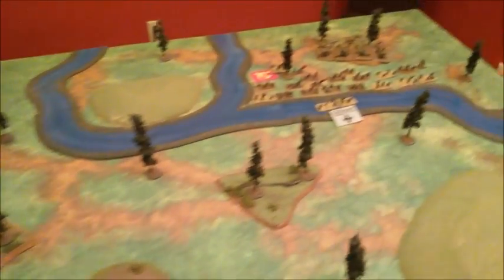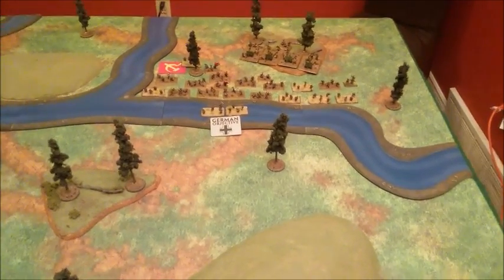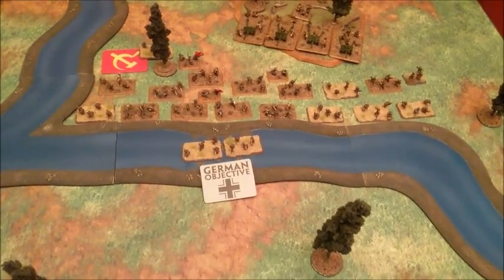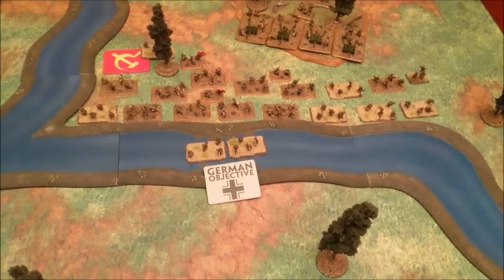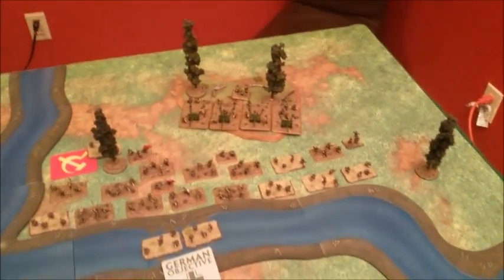I ended up winning the roll-off, so I elected to attack first, hopefully to get my reserves on the table first before Vin. I ended up setting up my first shock rifle company over here along the river, maybe use that to my advantage when Vin's tanks come in later, and they're going to be supported by the Ziz guns